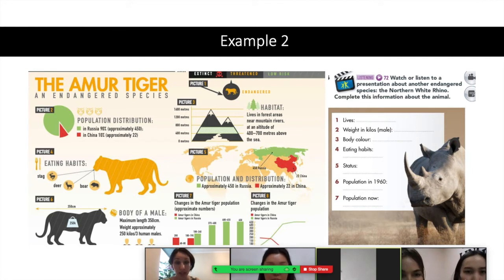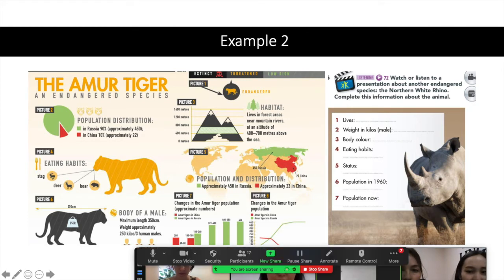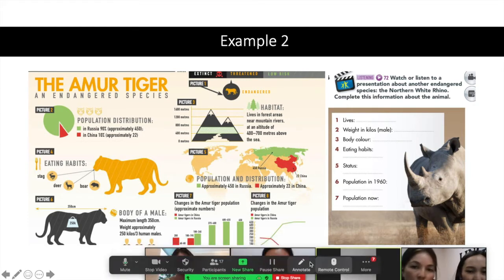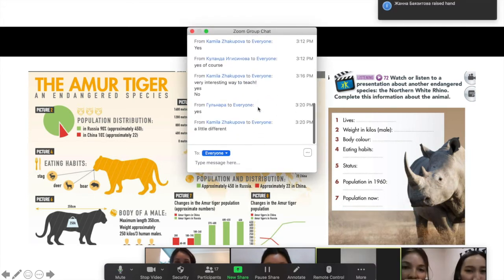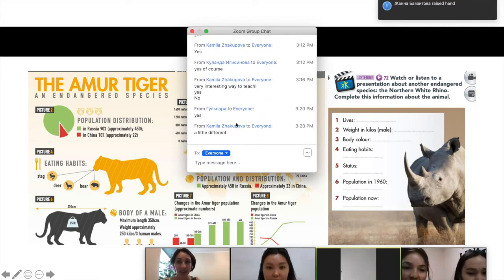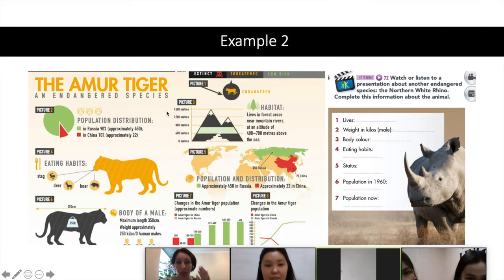Do we have such examples in course books? Some people are writing notes. There's a chat. Yes, a little different, but generally people say, yes, it is typical. We have similar tasks.